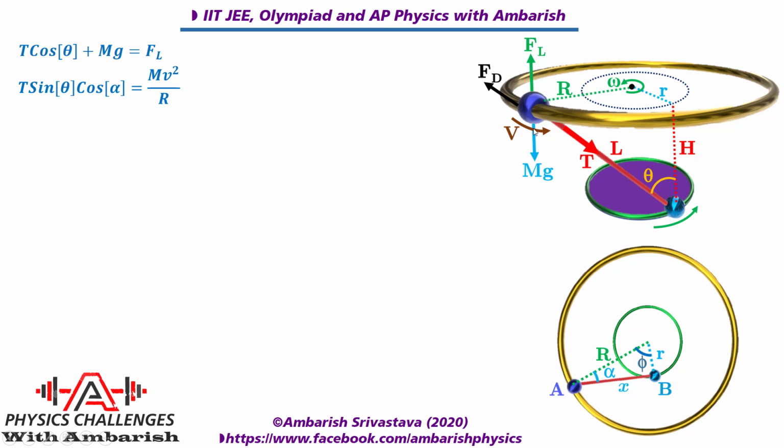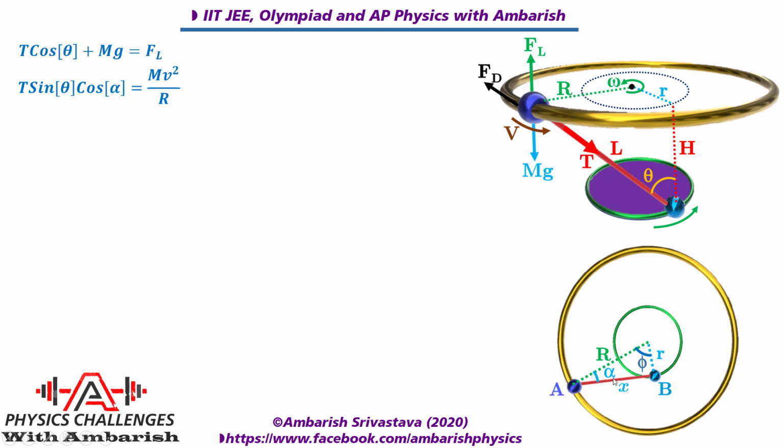The vertical component of tension is T cos theta, and the horizontal component is going to be T sin theta. But remember that this thread is looking like this, AB. So this component along AB is T sin theta. The component acting towards the center of the circle is the component of this horizontal component of tension. So it is T sin theta into cos alpha. That's the centripetal component of the tension for the aircraft.